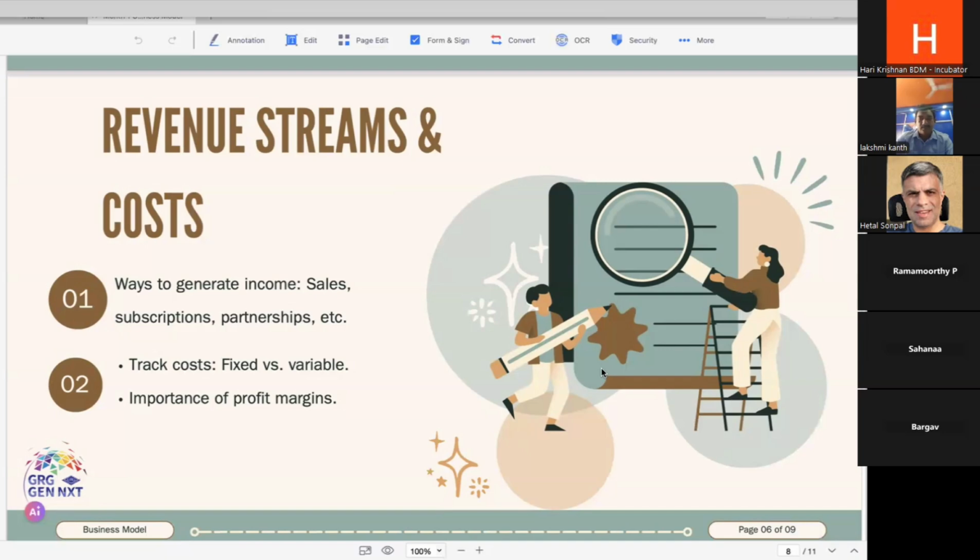What is the share of wallet you have, right? What is the amount of money which the customer is willing to pay? Out of that, how much are you getting? So you track cost, both fixed and variable. It's a very standard terminology, fixed cost versus variable cost. So the oven in Gossi's case is a fixed cost. The flour is more of a variable cost, which would depend on the quantum of, in case of Archana, the